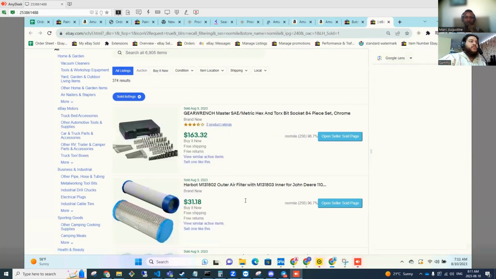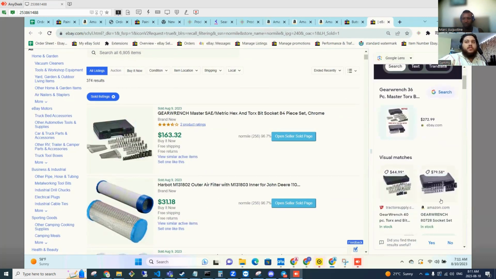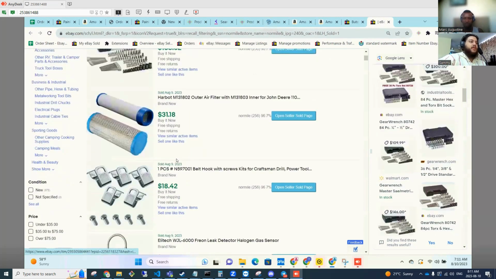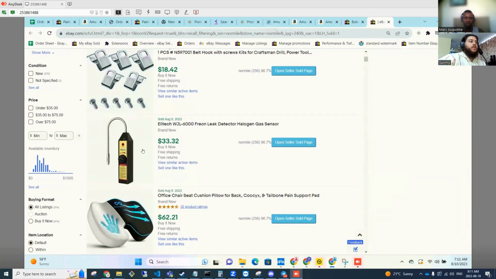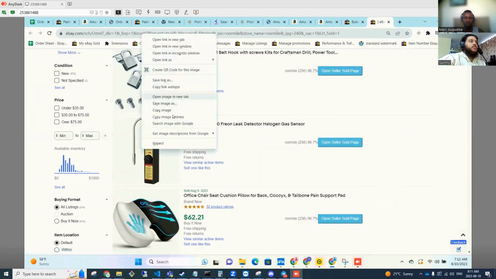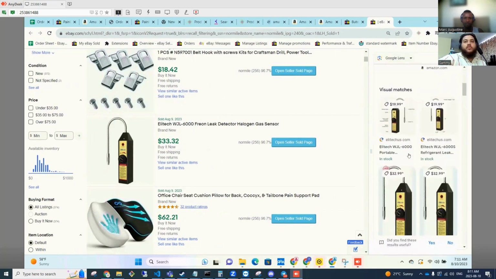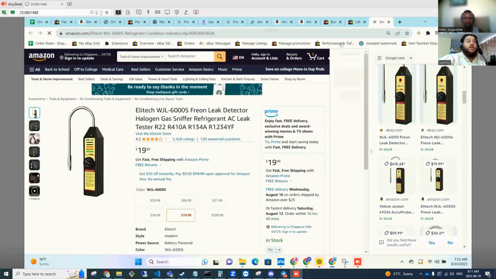Search Google image with Google. See if we can find it real quick. Amazon.com. Let me find something else. This one looks a little easier. Get image. Search image with Google, and what it does is it looks at it in Google and then we see if we can find it right over here. LE Tech. Yeah, $20. Oh wow.